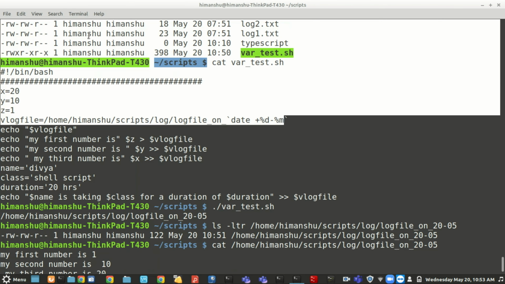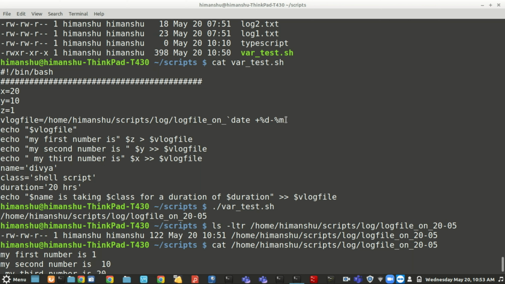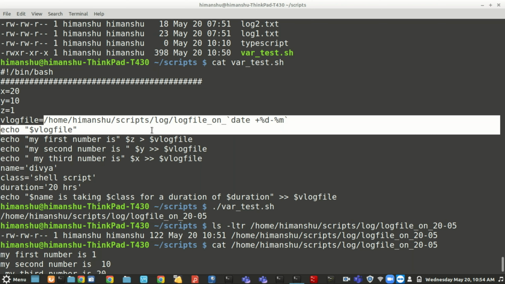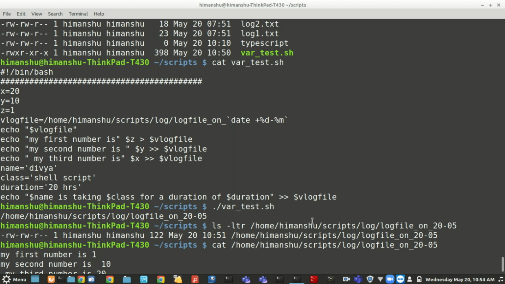In dynamic you don't have to worry whether I create it today or tomorrow, it will always be the same, right? It will always go ahead and create the same file depending upon the month and the date, whichever it is. So for today, if I am running, it will keep writing in the same file. If I run this file again, what will happen to this file? The first time whenever we are echoing, we are redirecting. So whatever was in the log file before, everything would be nullified and a new result would be written here, right? And then it will append, right?